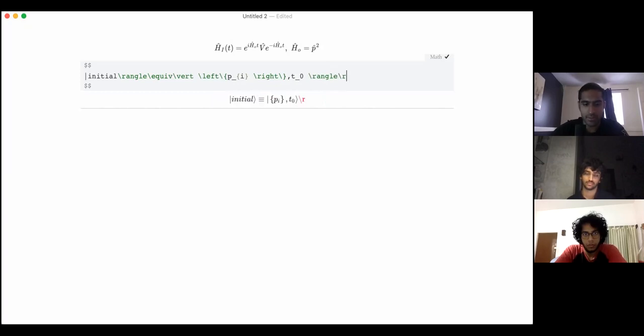Now, what will happen is that under the action of the free Hamiltonian, so this is in the free Hilbert space,